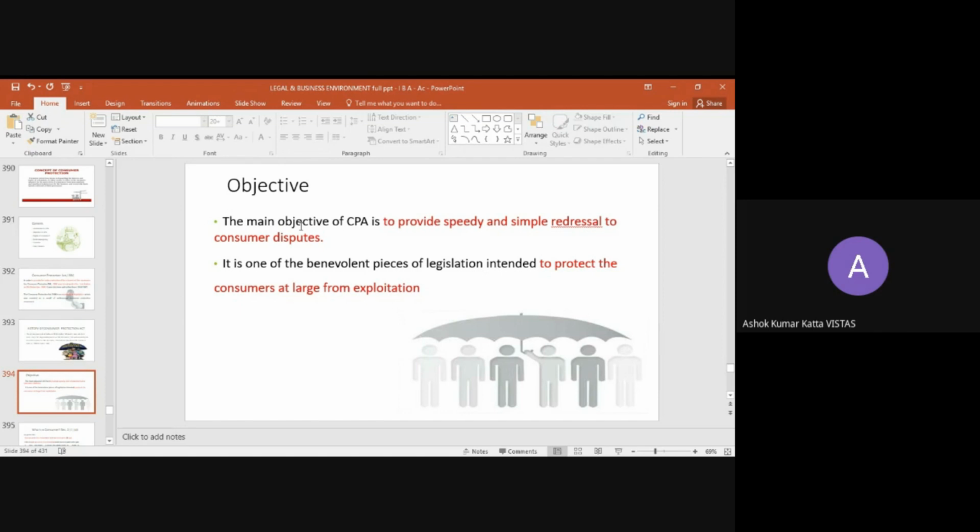These councils will assist you, they will be helping you on behalf of the buyer. They will do all the formalities and you will be getting justice. In simple terms, with the help of the Consumer Protection Act, they want to settle the issues and misunderstandings between selling company and buyer, like a redressal between consumers and sellers. So for the sake of that, this consumer protection bill was passed.